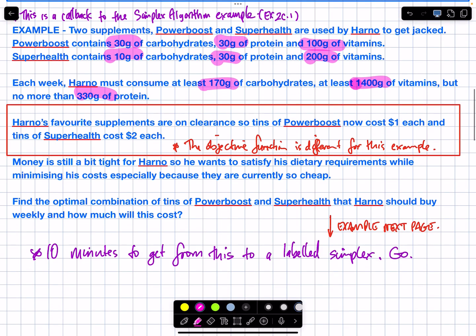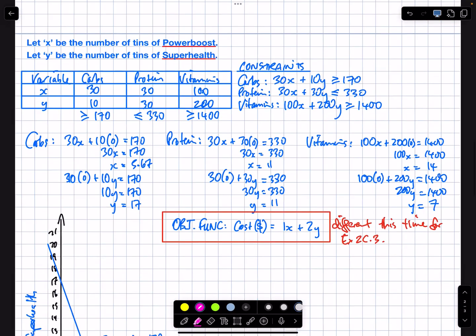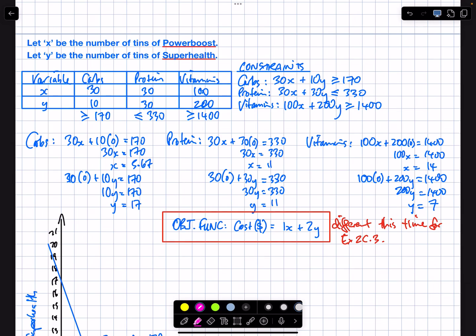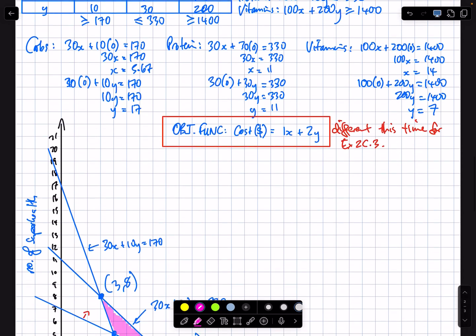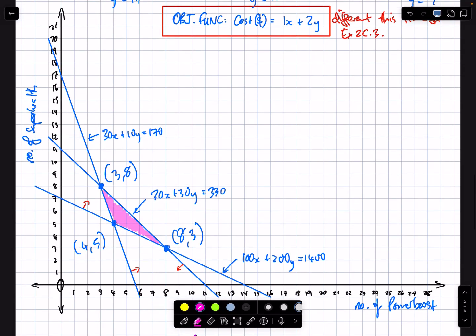what I'm going to do is show you what working out should have occurred for that. The working out should have looked like that, because we did it before in 3C.1. Your simplex should look like this, okay? So the corners should be at (3, 8), (8, 3), (4, 5). We have done nothing different to what you have been asked to do on the timeline. Still nothing different. I'm going to do my little table, vertex,